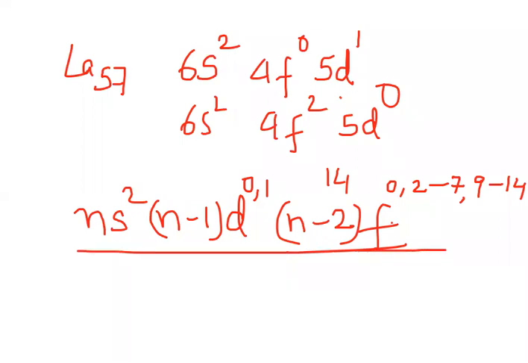And therefore all these lanthanides which are in the 6th period have been placed in group 3. What about the actinides? Actinides are in one period below that, and they have all been placed in group 3 in the 7th period. And why is it that these elements have been placed like this under the periodic table? The reason being that when it is placed under the periodic table, then it will not distort the shape of the periodic table. Let's go to the periodic table and I'll tell you what happens.